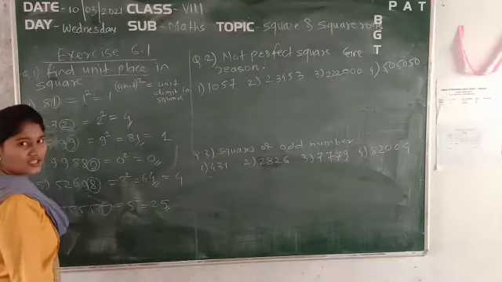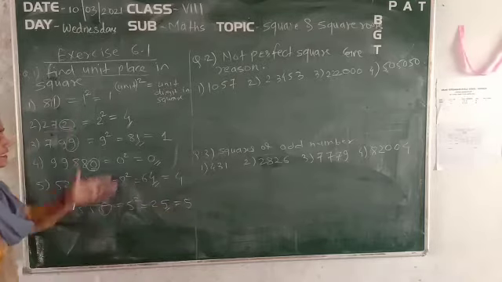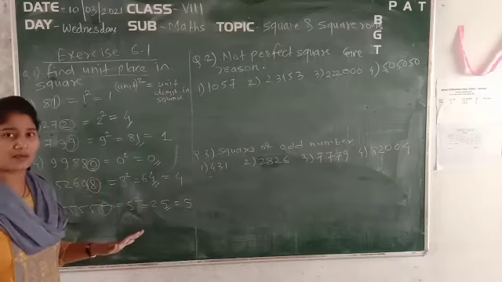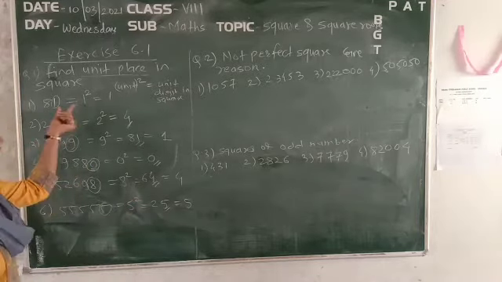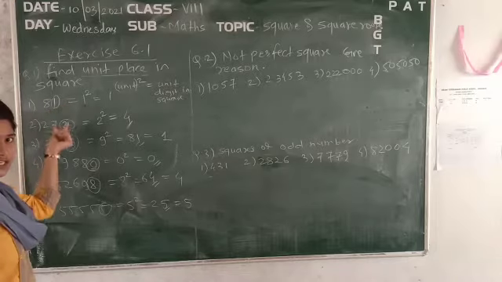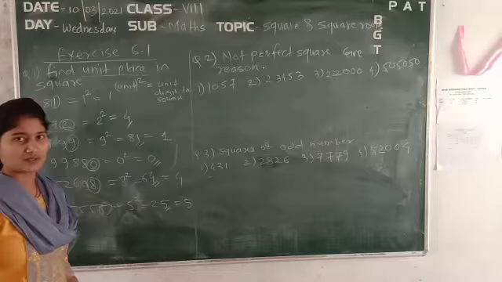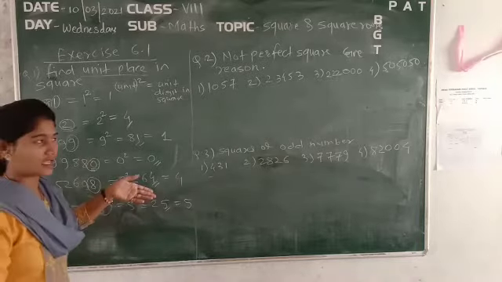So what will be the unit digit in that 25? It is 5. So write down 5. It means in that way you can find out the unit digit of thousands of numbers in their squares. So just go through this method, that is, just take the square of the unit digit in each of the numbers, and you will get the unit place in that particular square. Okay, clear? So in that way you can find out the remaining examples.